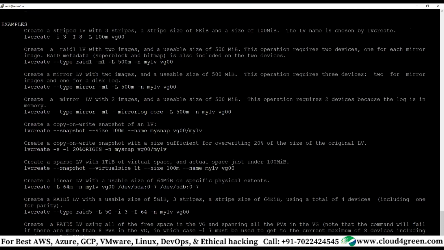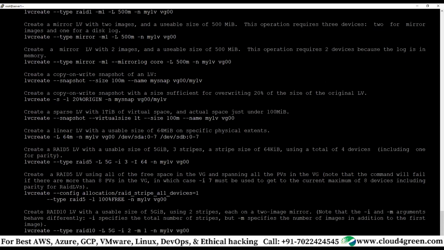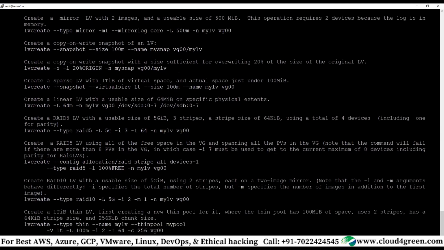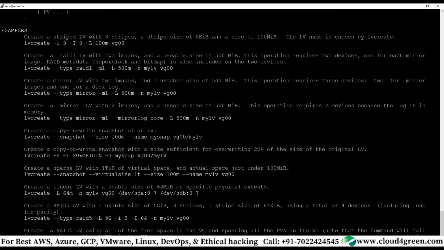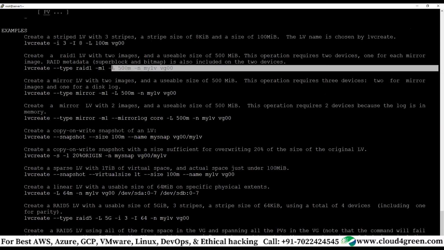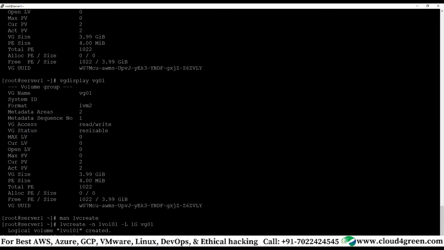These are all basically commands to create a logical volume with RAID and all those. Normally we don't need this. Basically you can use this only. lvcreate is there. Just remove the type and RAID and all those things. You give -L size and -n name. Either you can use -n first or -L first, and then the volume group name. Correct? We are not using these types.